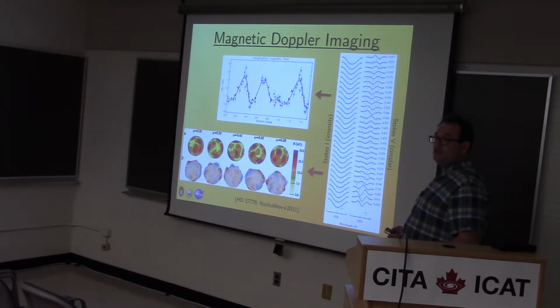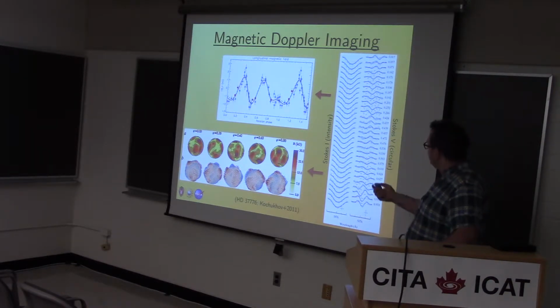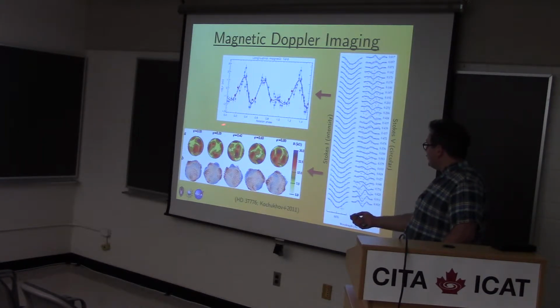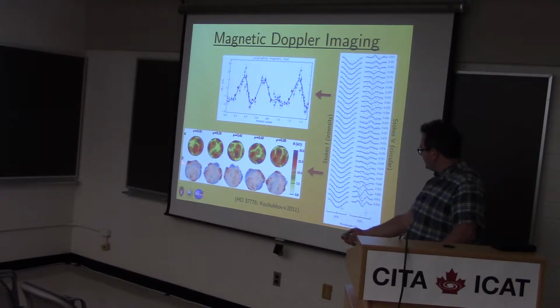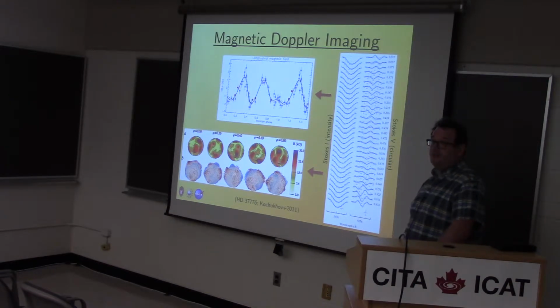So this is basically the disk-averaged field strength pointing towards the observer. This is what we could do back in the 70s via photopolarimetry, which is basically getting a sort of disk-averaged field strength. This is pre-magnetic Doppler imaging. But now we have these wonderful circular polarization spectra, and we're able to reconstruct the full magnetic topology across the stellar surface. So this is what the star's surface field strength looks like, and these plots show the orientation of the field.